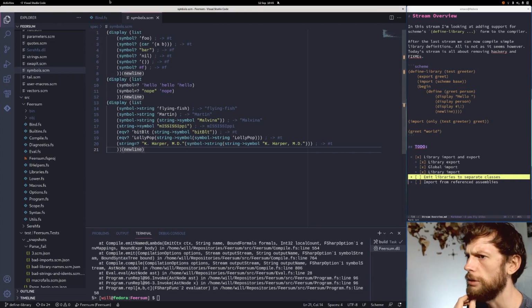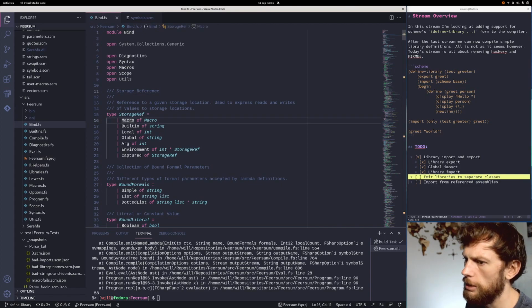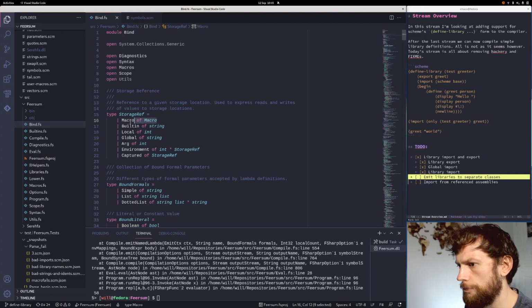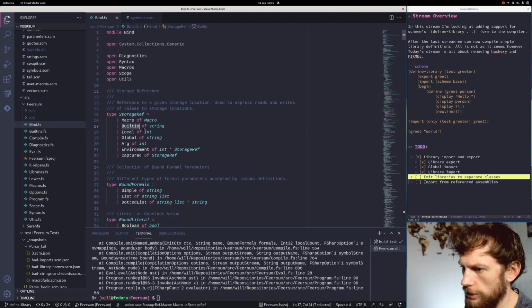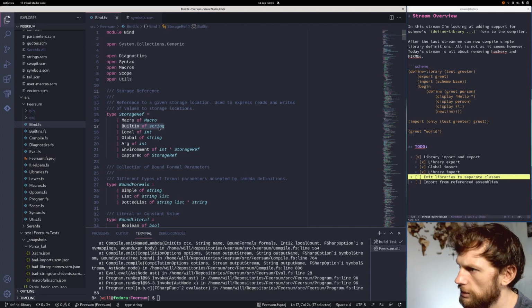Same thing for new line. So we have macros, which we're not going to do anything with. We have built-ins, which are what are produced at the moment when we scan the external libraries. So a built-in just means it's already compiled somewhere else. And they're not the same thing as globals, but I would like to unify them at some point in the future. The difference being that